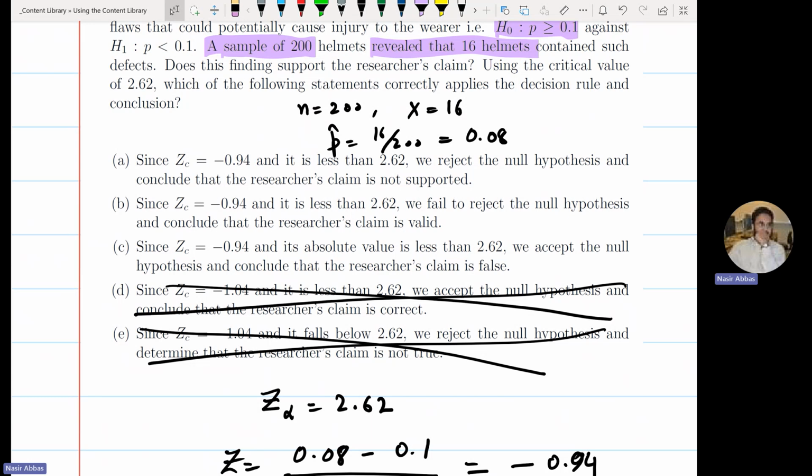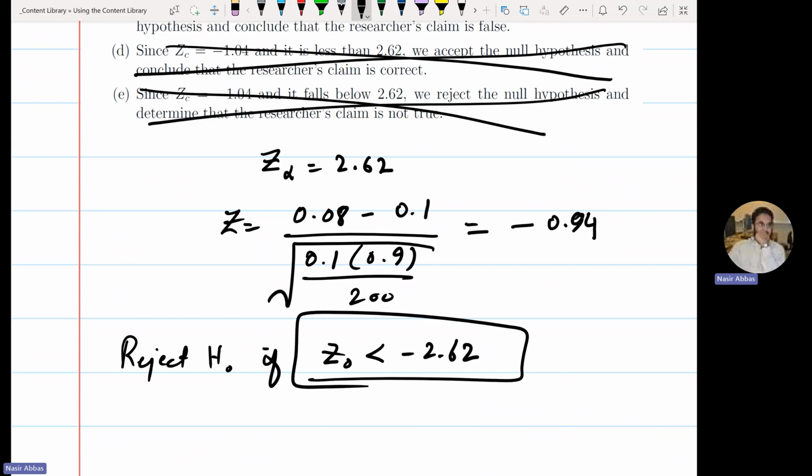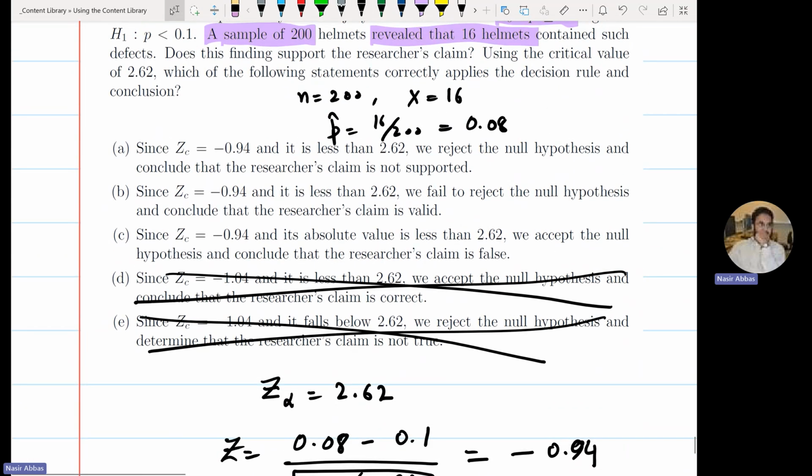The critical region will be written by you. What is the direction of H1? Less than. So you will say reject H0 if Z0 is less than minus 2.62. This is the correct version of rejection region. If less than, you reject on the less than side. So which one of these correspond to the correct rule? Since Z is minus 0.94 and it is less than 2, you will not compare it with the